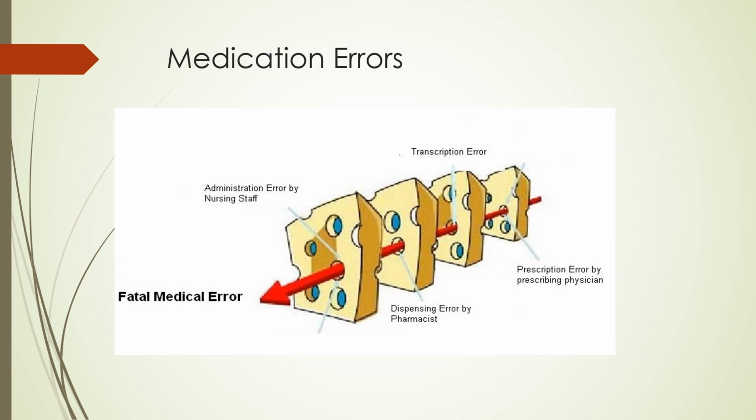Now that we talked about how to safely administer medications to prevent errors, let's talk about errors. This picture is one of my favorites. It's called the Swiss cheese model, and this one is specific for medication errors, but the concept can be used for almost all errors. Think about Swiss cheese. It's full of holes, right? Sometimes the holes line up and then we have a tunnel all the way through the cheese, and sometimes the holes stop and start up somewhere else.